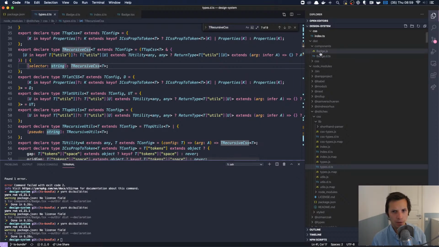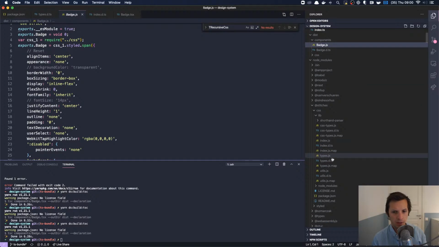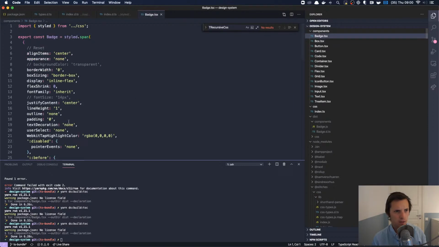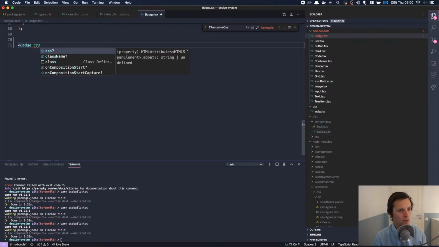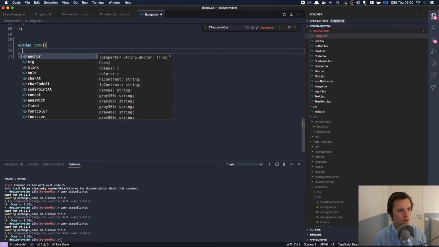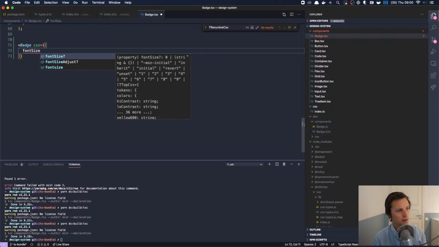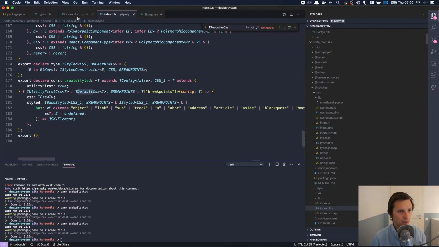By the way, I wonder how this... Yeah, I'll have to check that later. But, oh, maybe we can check it now. Badge. What happens if I actually use this thing? Yeah, font size. Yeah, it's all there. I was worried it would... Yeah, nice. Okay, anyways, typing is working. I was just going to check that.